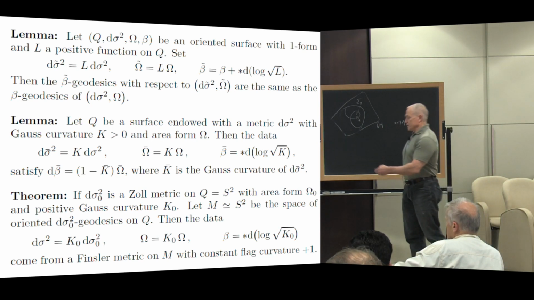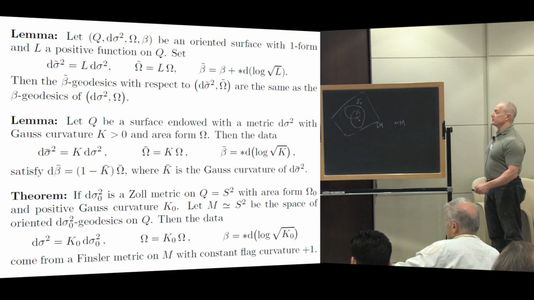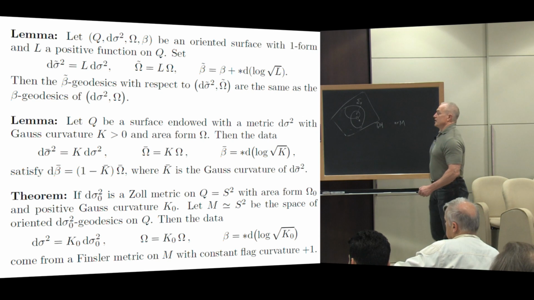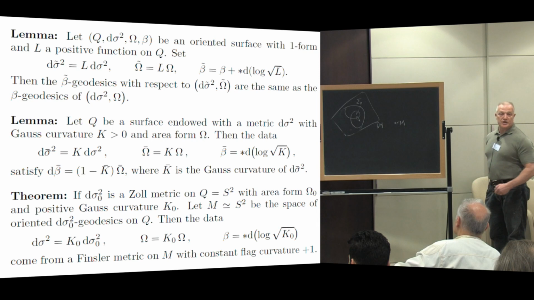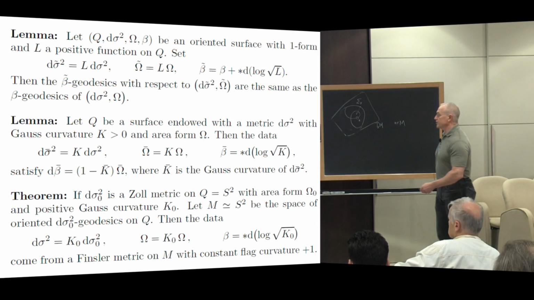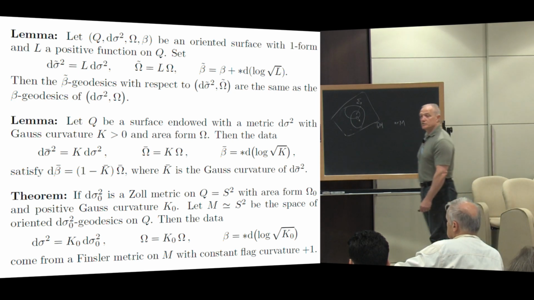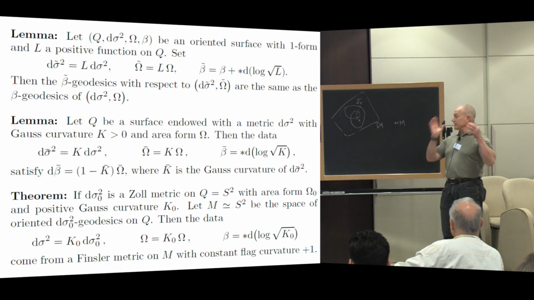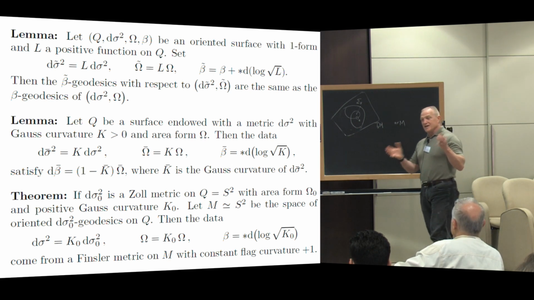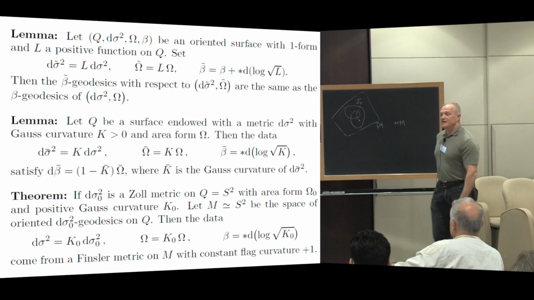So in particular, since we know that there are lots of Zoll metrics of positive Gauss curvature on the two-sphere by a theorem of Guillemin, that says that there are lots of Finsler metrics on the two-sphere with constant flag curvature +1. Basically, this construction will give you essentially one arbitrary function of two variables worth of Finsler metrics with curvature +1 on the two-sphere. And they don't need to be real analytic or anything like that. The PDE, even the global solutions of the PDE, don't need to have any kind of particular regularity.